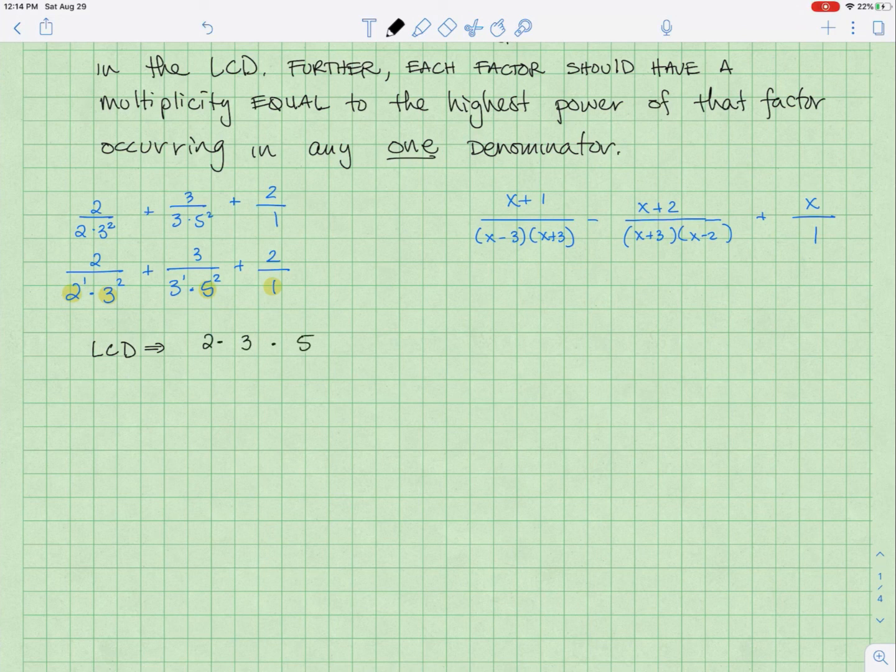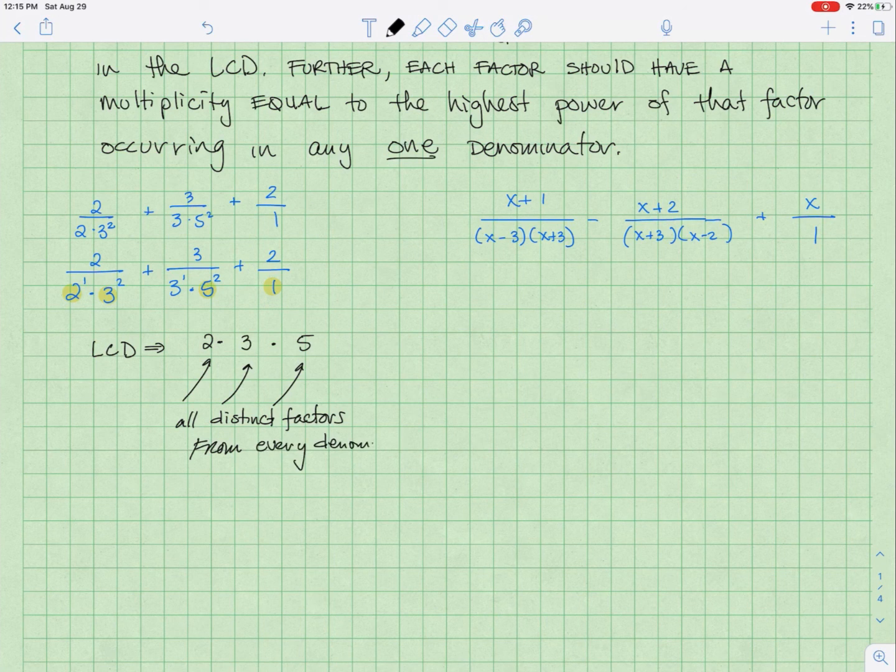So those are each factor. So these are all factors, or I should say all distinct factors, all different factors. Distinct meaning they're not the same. All distinct factors from